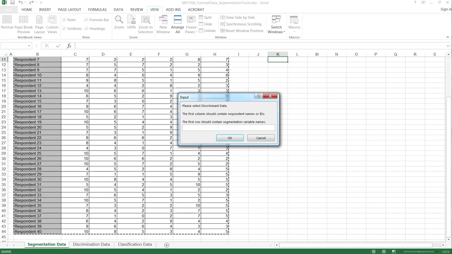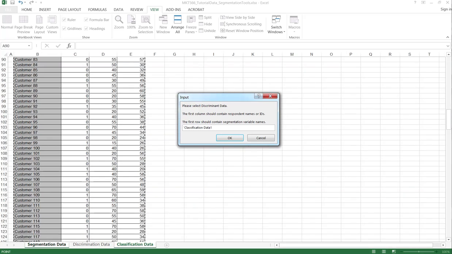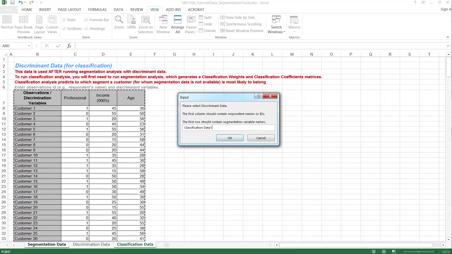Now don't be confused when it says please select discriminant data. Discrimination data and segmentation data were used for the cluster and discriminant data analysis together. Classification analysis is done on new discriminant data, which is provided in the classification tab. You see these are new observations